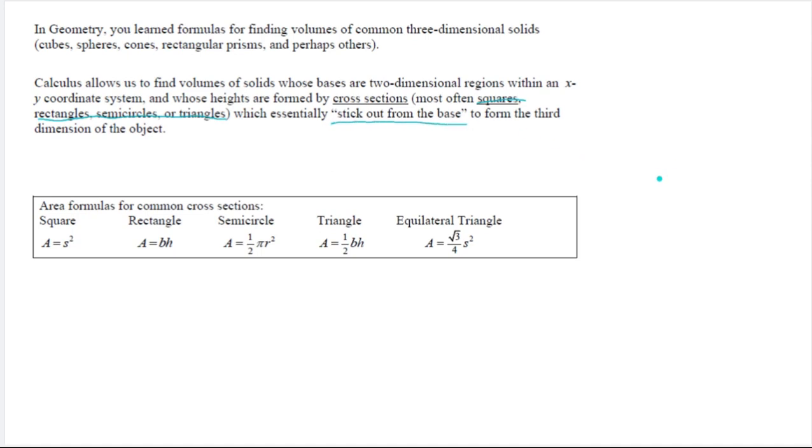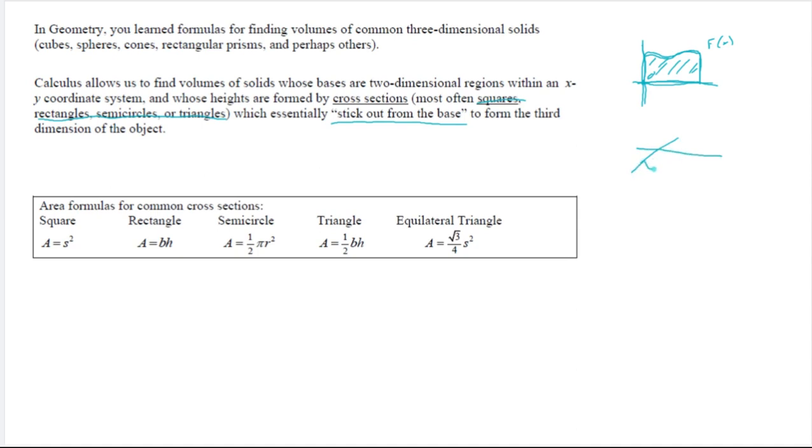So if we were to look at our normal XY type graph, and if we had, for example, some shape here, let's say we're going to be doing some triangles. So let's say we had something that was just kind of a wacky shape like this, that we can find the cross-sectional area in here. Okay, we can find that by using the integral. This is some f of x. When it's talking about sticking out from the base, if we were to rotate this forward so that we're now looking at it lying flat,